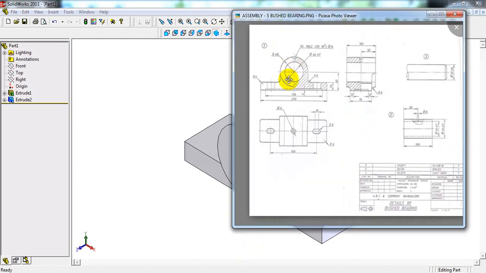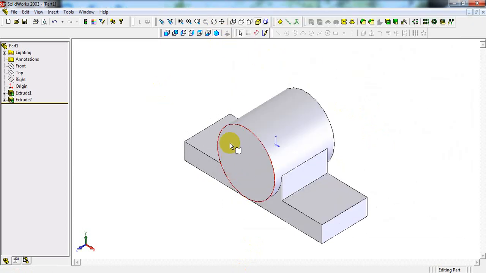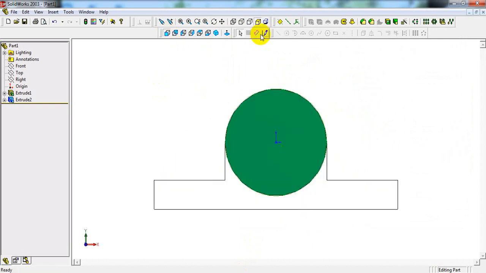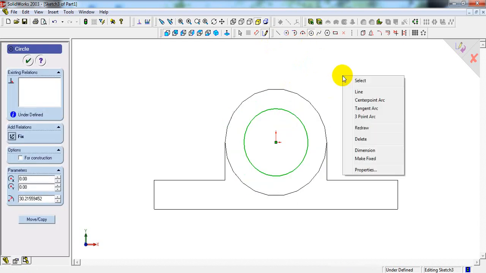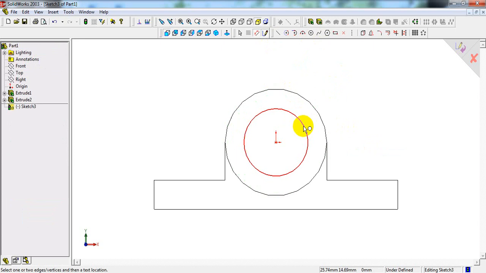Next, here we can see one more internal circle of diameter 64 mm. Select front face, front view, sketch, circle. From origin point, draw one circle, make dimension.